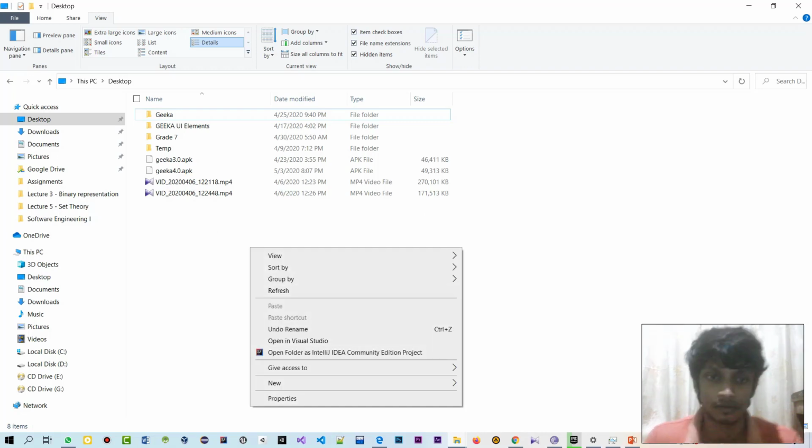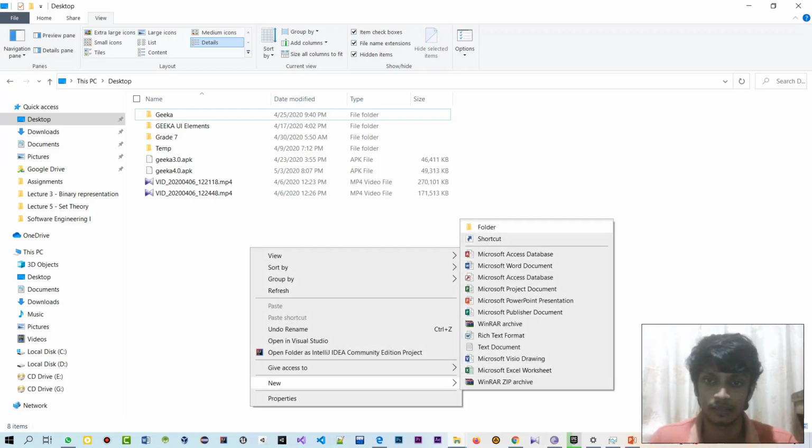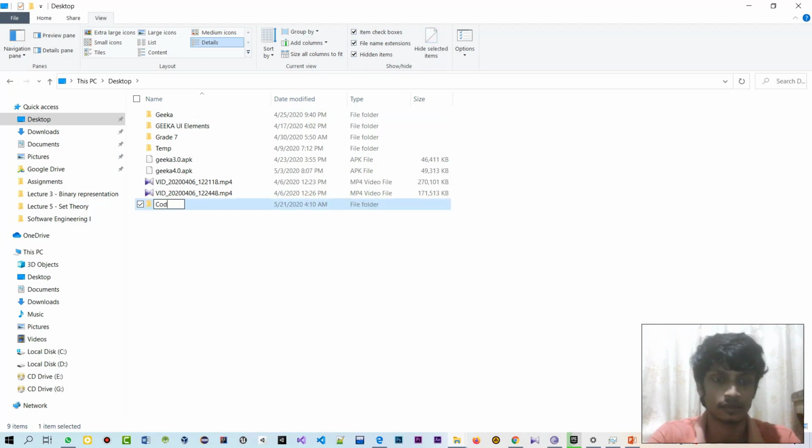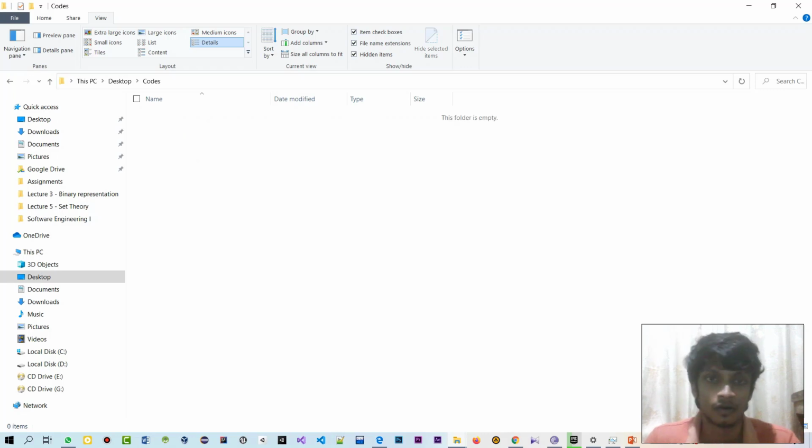Okay, so when it comes to coding, let me quickly create a new folder. For coding purposes we need Dev C++. I already installed it on my PC.